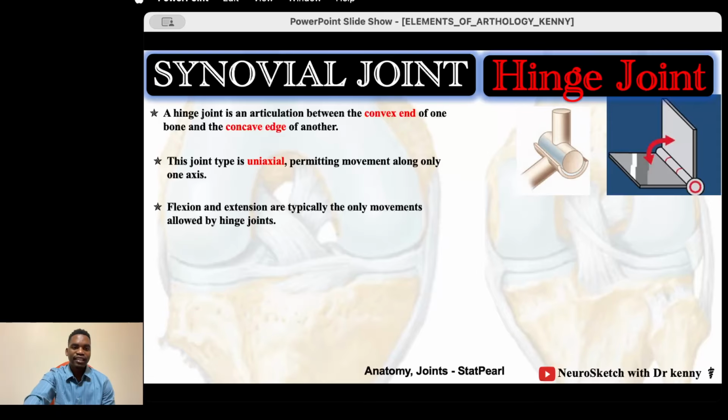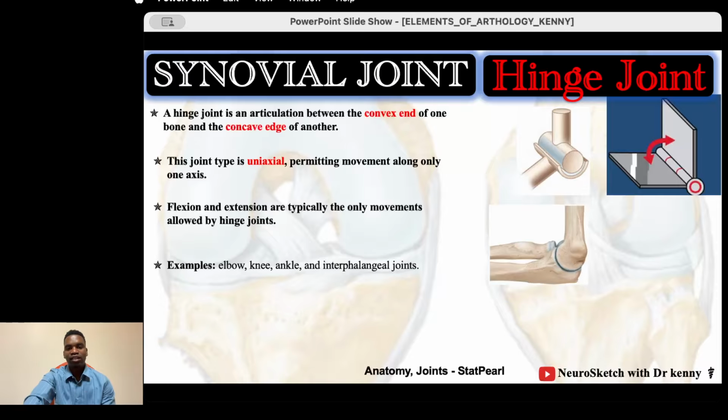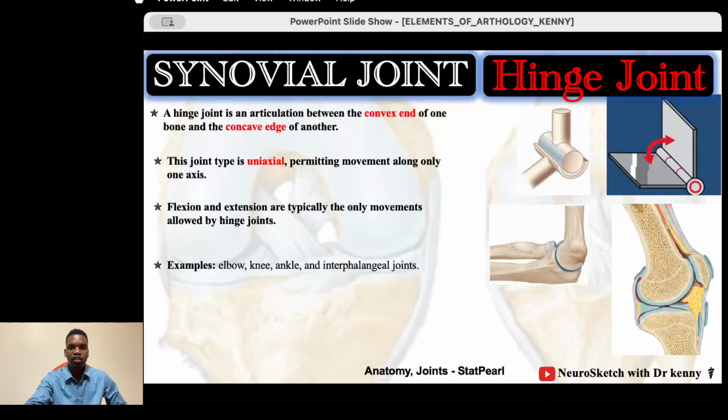The elbow joint is one among the hinge joints. Okay, so we have some other joints, for example. So you see, we have the convex end and the concave edge of the other bone that makes the hinge joint. But also the knee joint is a hinge joint because it allows movement in only one direction. So extension and flexion, and it's because we have the convex end and a near concave